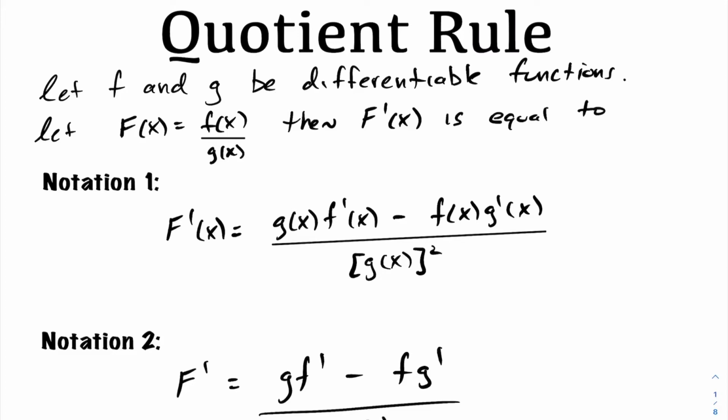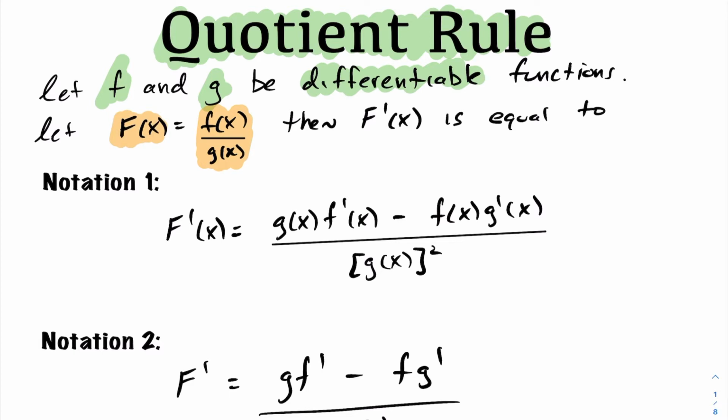In today's lesson, we're going to be talking about the quotient rule. For the quotient rule, we're assuming we have functions f and g, and we're assuming that these functions are differentiable. If I want to go ahead and calculate the derivative of f divided by g, it turns out that the